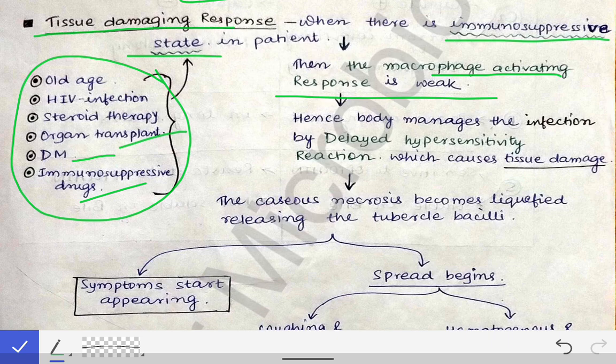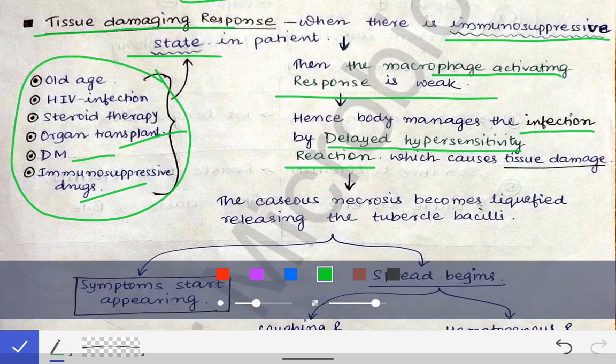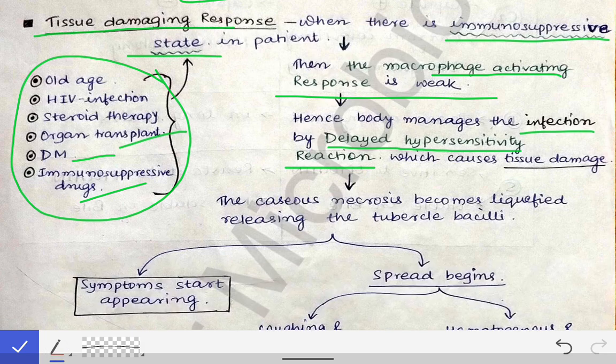So now the macrophage activating response becomes weak, and hence the body manages the infection by delayed hypersensitivity reaction. This is also a term which you will understand once I start the hypersensitivity lecture. So till now you just remember that there occurs delayed hypersensitivity reaction. We will understand it together when I start the